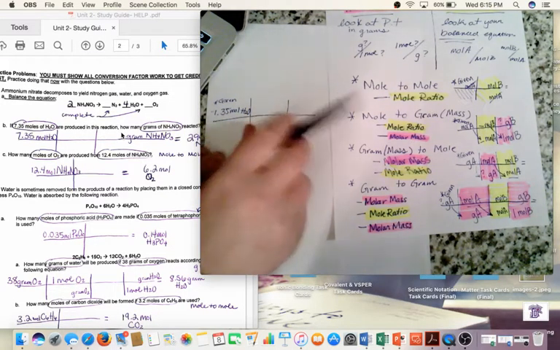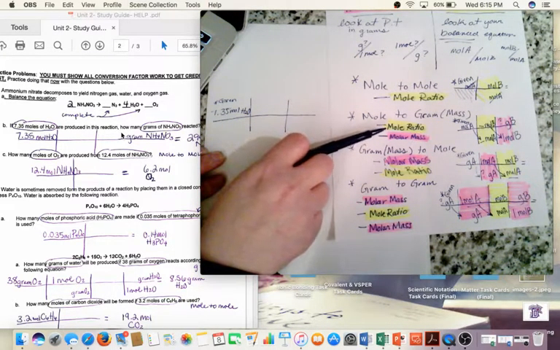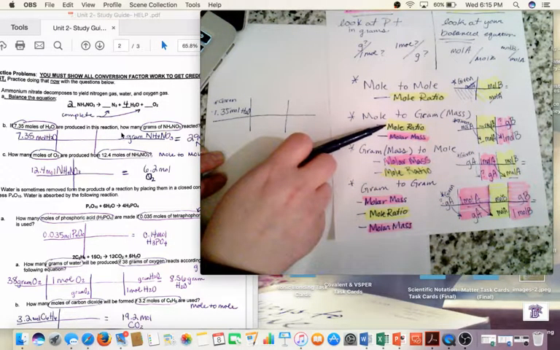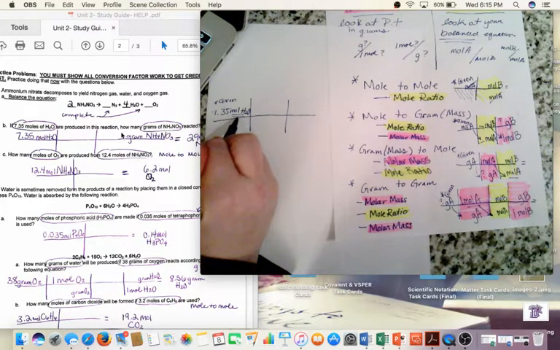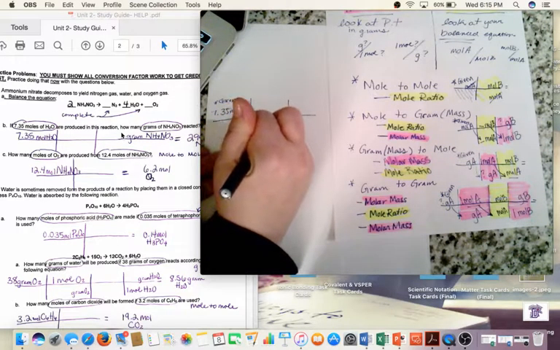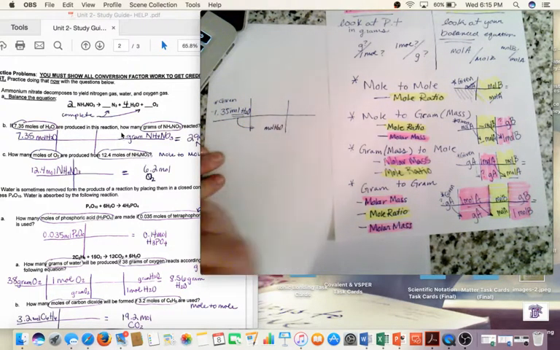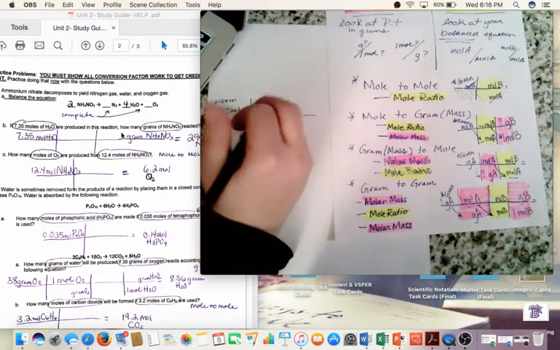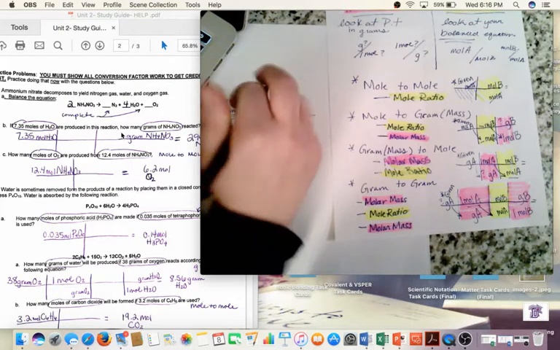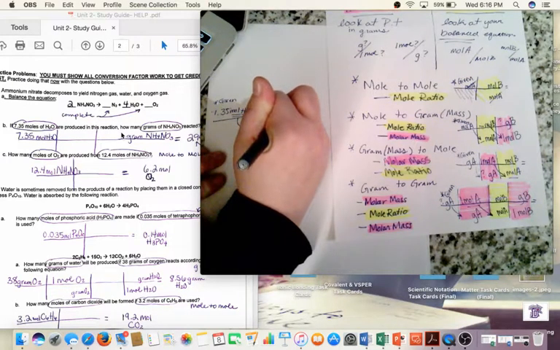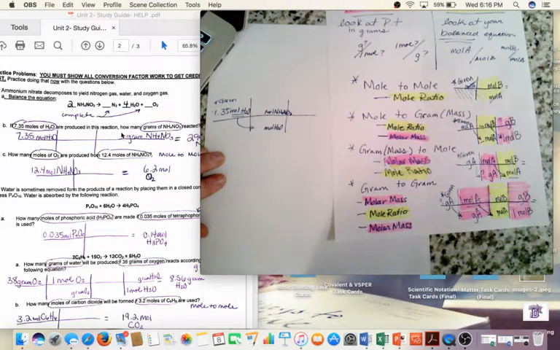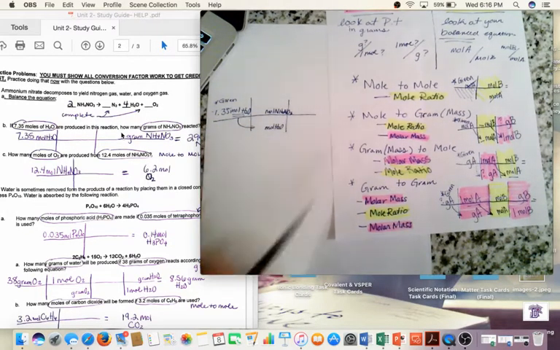Now, from our example, our first conversion, our first thing that we're going to be doing is a mole ratio. So, moles of hydrogen automatically go on the bottom. That already tells you that. Now, because we're trying to get to NH4NO3, we're going to do the mole ratio to moles of NH4NO3. So this whole section right here